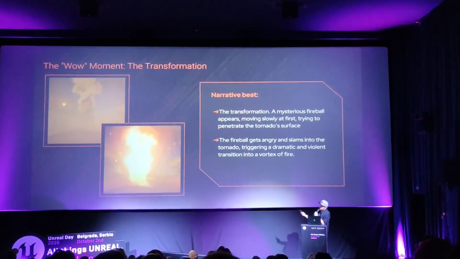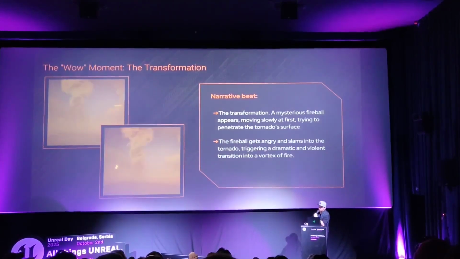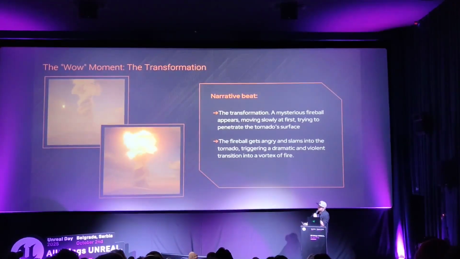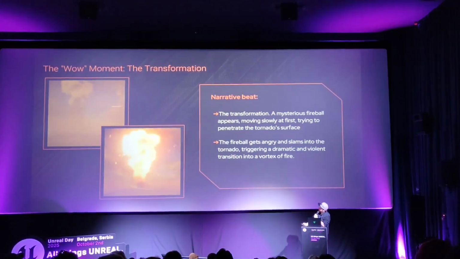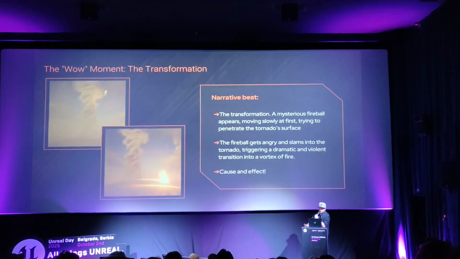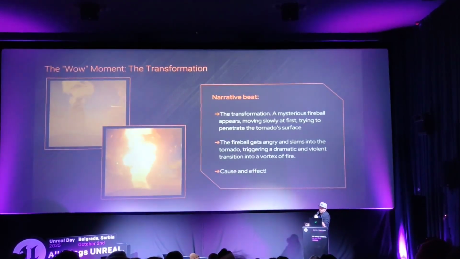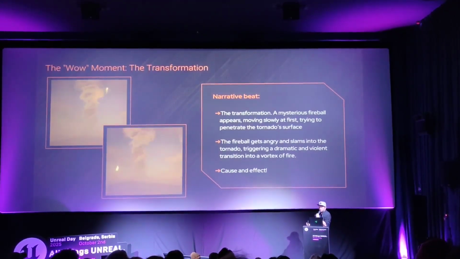Like in this example, why would this fireball want to ignite the tornado? Who knows, but it doesn't matter because the feedback is clear. It's cause and effect. Why is this transformation so interesting? Because the effect uses a looping texture